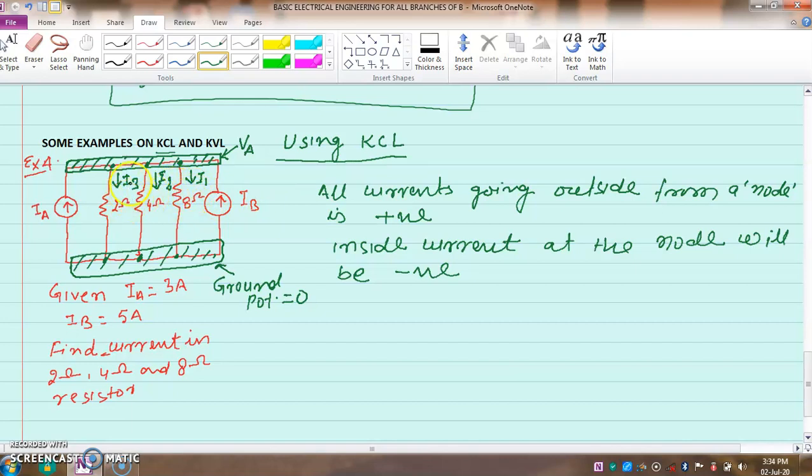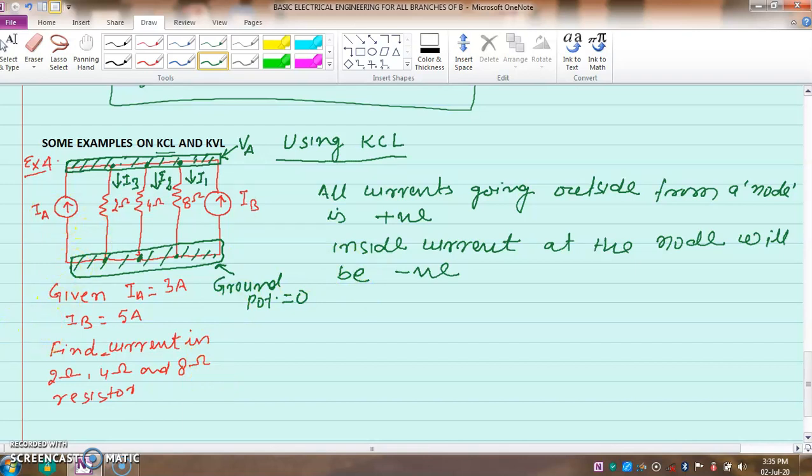Now you have to write Kirchhoff current law. What is the Kirchhoff current law? The sum of all currents at a node is 0. This is a single node. You think here, because there is no resistance between these points, the node remains the same. If a resistance came, then the node would change. We will see later on some more problems that decide, if there is a resistance, the voltage will be changed. I will solve some more problems based on that. But at present there is no resistance. This is a very simple problem, but I am giving you all the concepts of how to solve it using Kirchhoff current law.